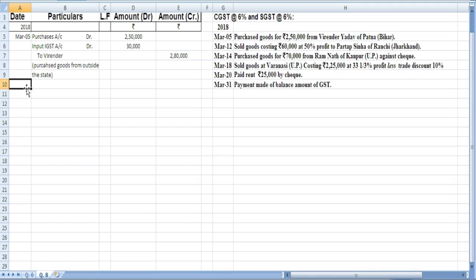The next we have is March 12. March 12 sold goods costing 60,000 at 50% profit to Pratap Sinha of Ranchi, Jharkhand. So here we will write sold goods to Pratap Sinha. So Pratap Sinha is the receiver, so Pratap Sinha will be debited